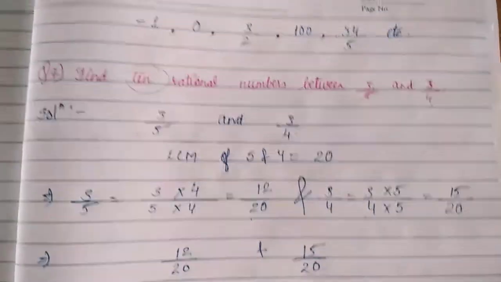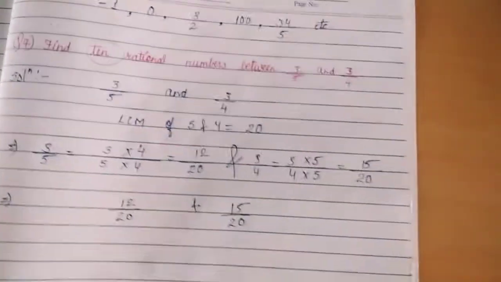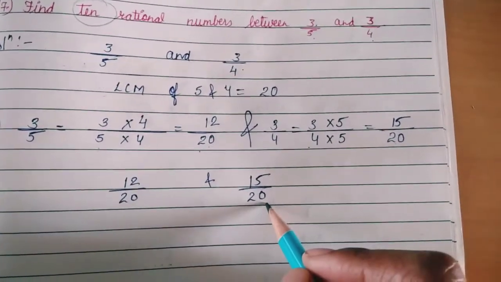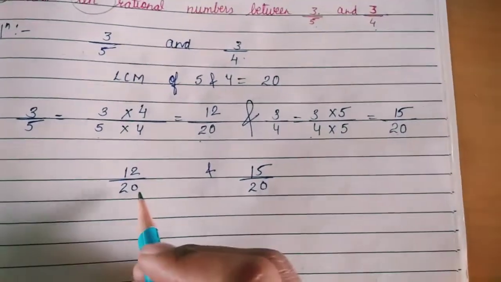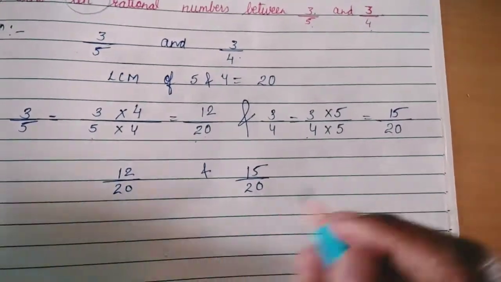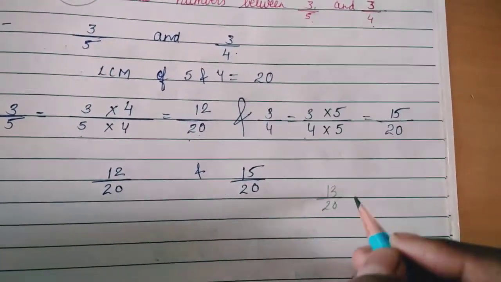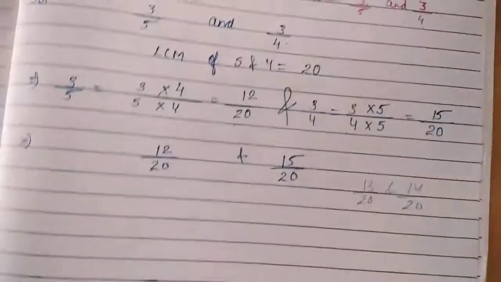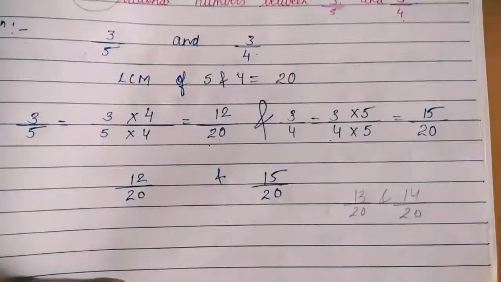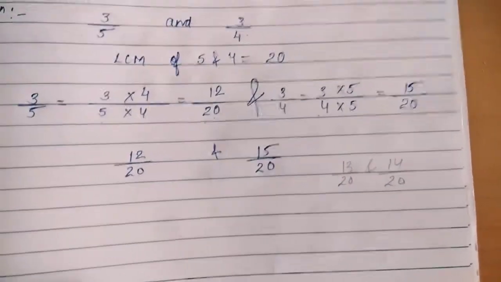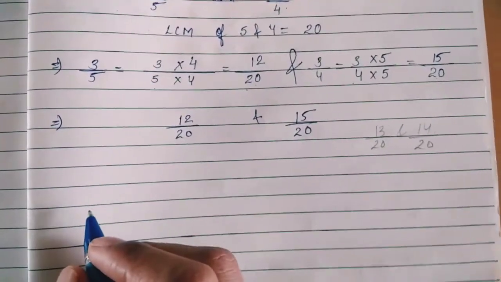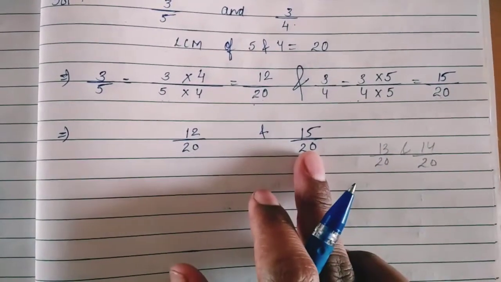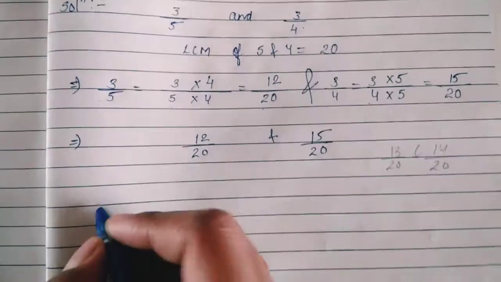Simply you can see we have to write 10 rational numbers. Always remember that according to the question we have to write 10 rational numbers, but here we got 12/20 and 15/20. When we write in-between numbers, we have only 13/20 and 14/20. That's why we will convert these two rational numbers into a greater form. So we can choose any number which will give us 10 rational numbers in between these two. So right now we are choosing